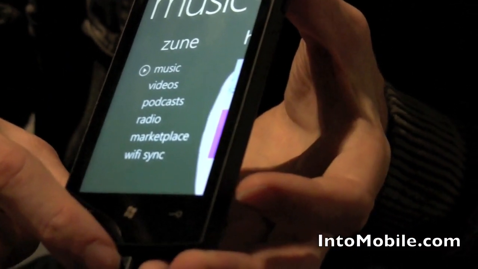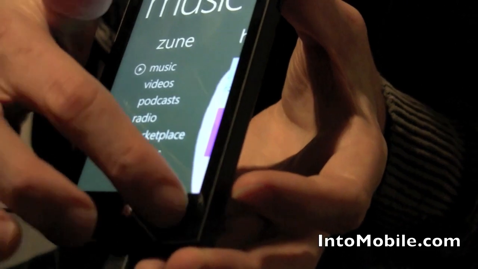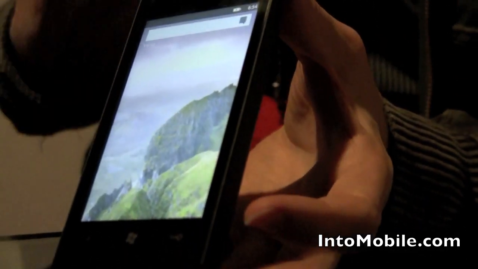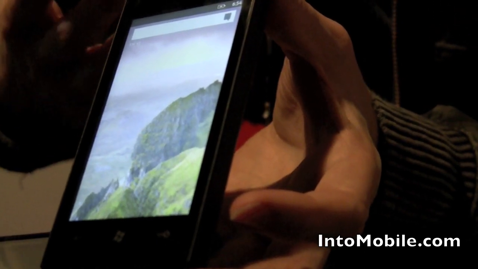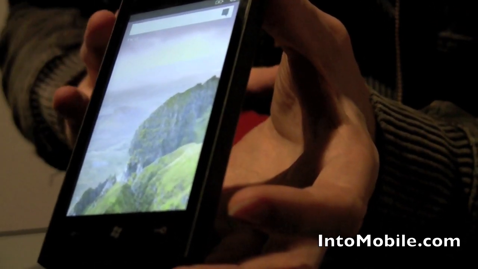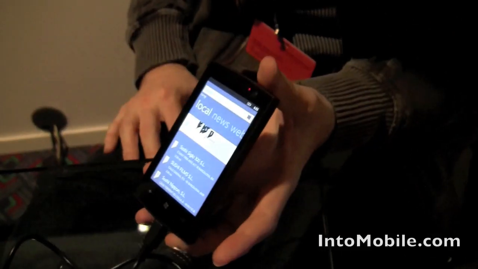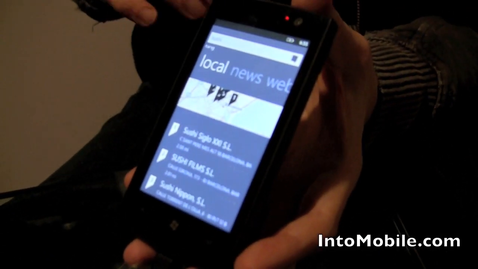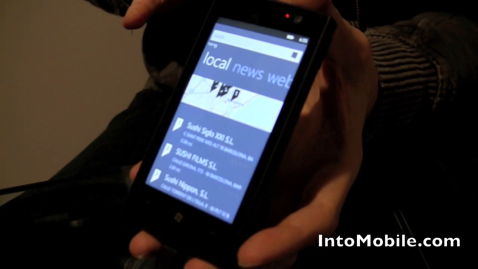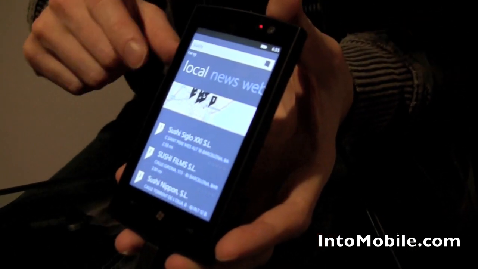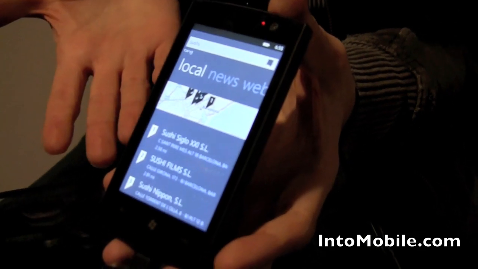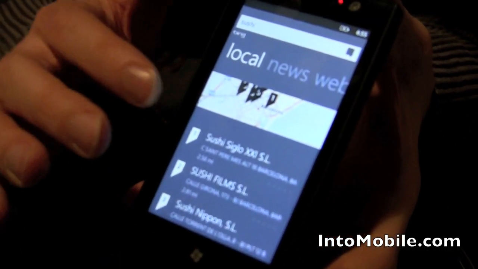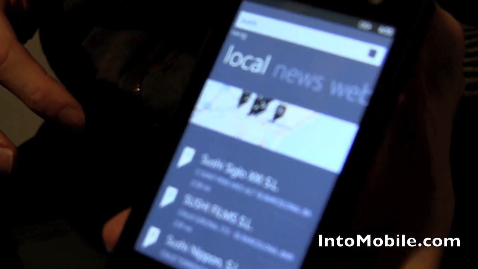This is Start, and then this is Bing. So if I call it Bing from anywhere, the idea is at any moment you might want to ask a question of Bing, and we specialize not just in web results, but also local results for sushi places. And we could explore these, although since we're in Spain, the data isn't populated as deeply as if we were back in the US right now, but you're still seeing the functionality, which is here's the map showing you where they are, here's the list, and then you can drill on, and then of course there's other pivots